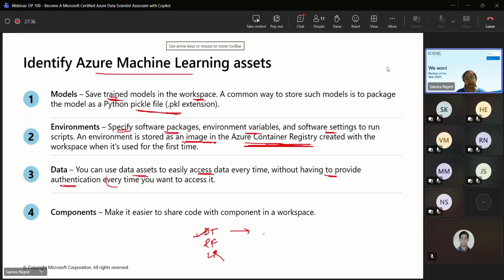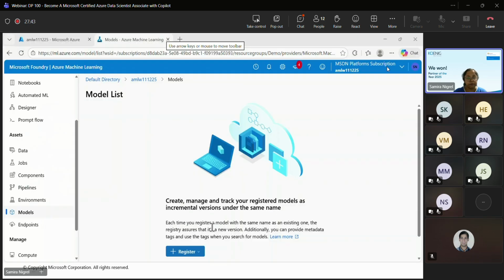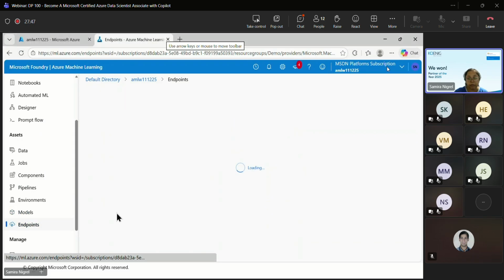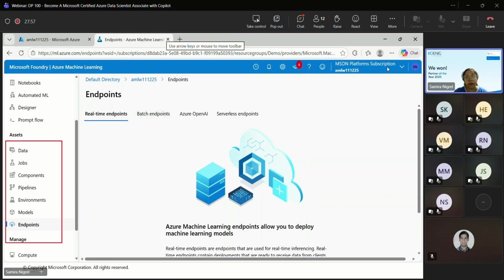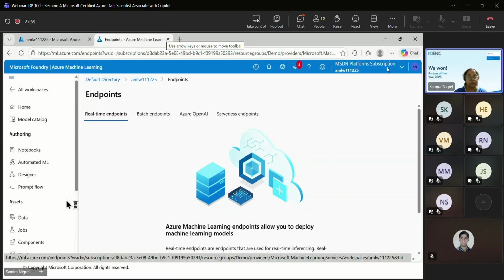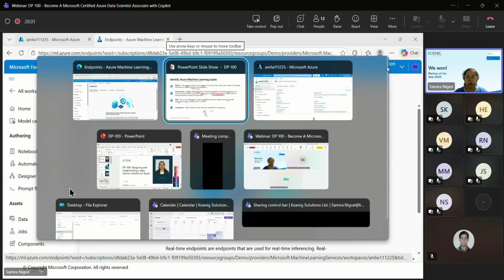The script will be packaged with the pickle extension. Now these models I can use further down the line. If you register models, they can be used at either a real-time or a batch endpoint, technically at the production level. All these various options are provided under the assets.